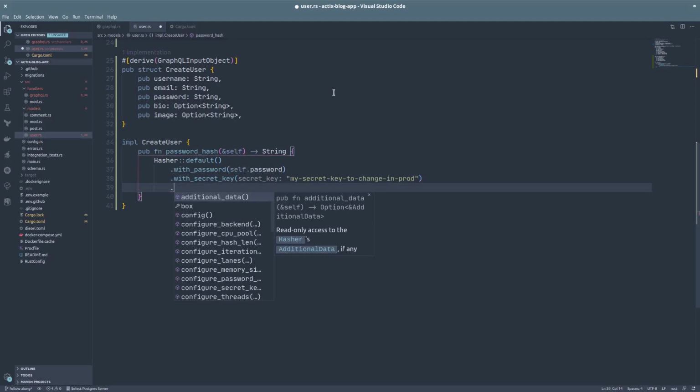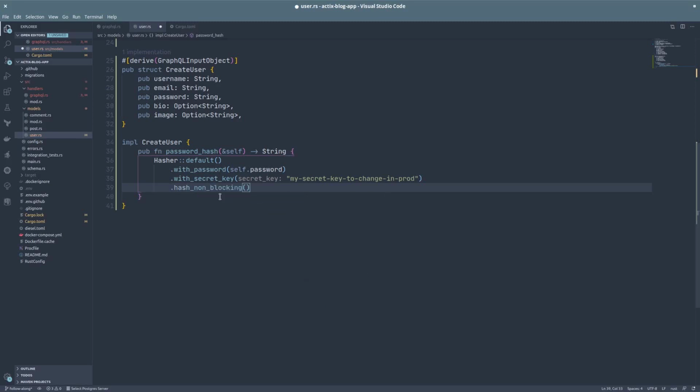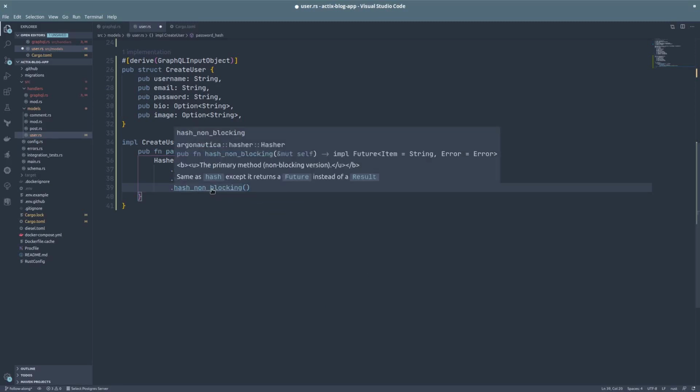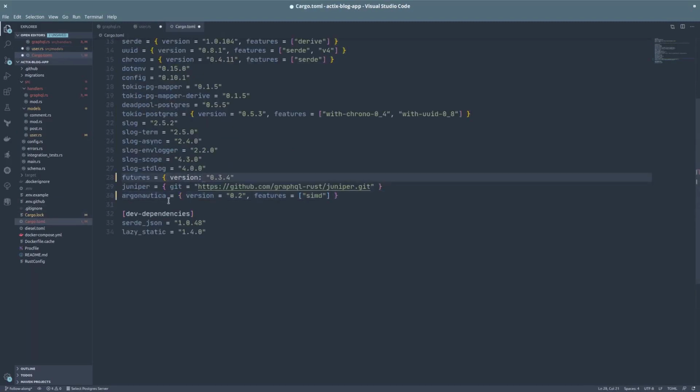There is a blocking and non-blocking version that we can use. The non-blocking version is currently using an old version of the futures library, but luckily there is a compatibility feature that we can include. So let's go to the cargo.toml file, and in the futures package I will add the compat feature.